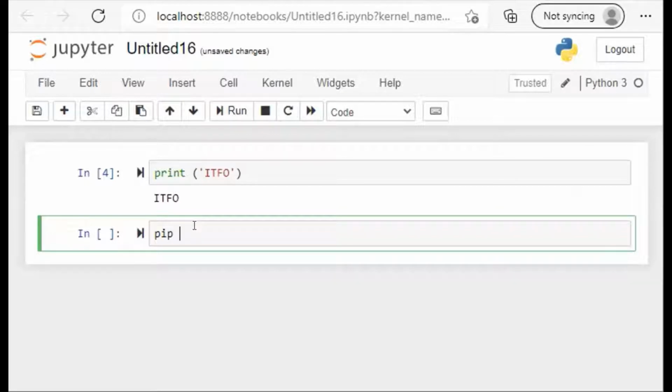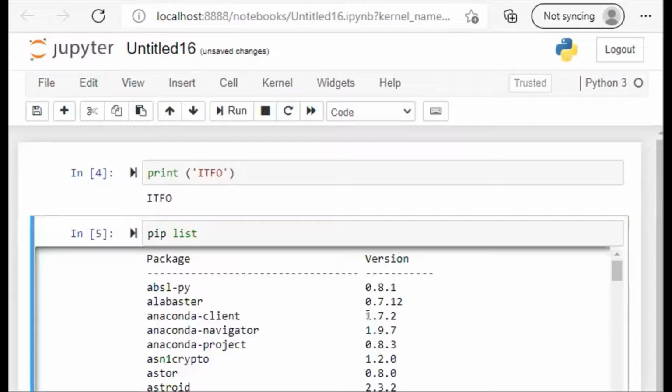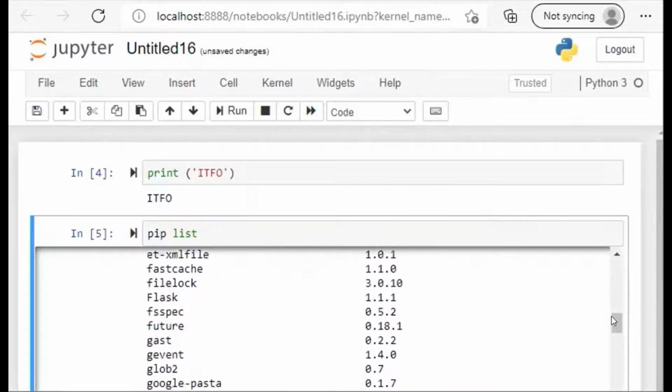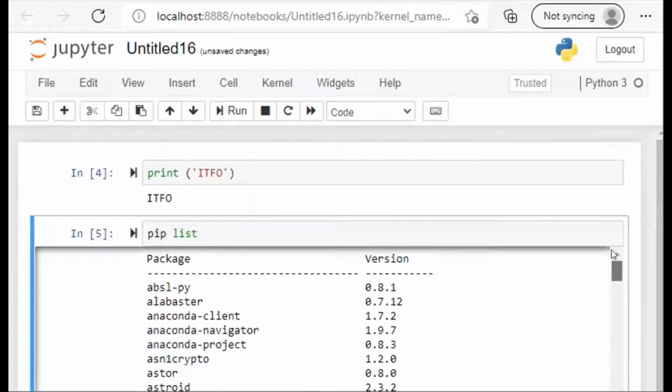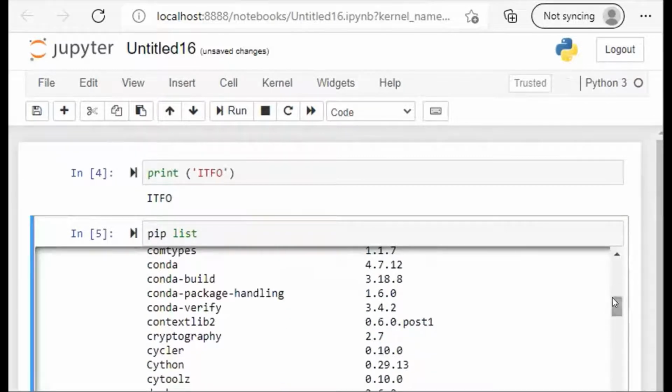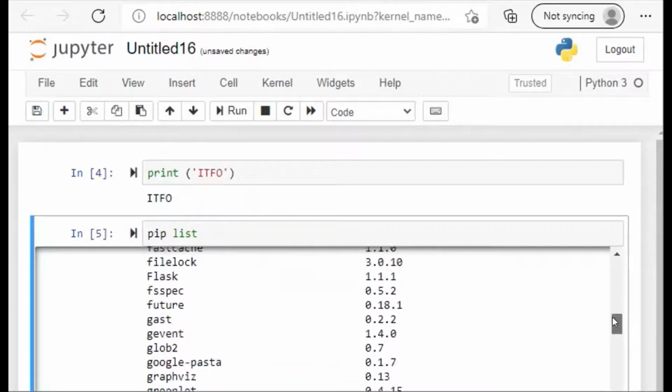So here we can use pip list. If we want the list of already installed libraries, press Control Enter. Then it shows us the list of already installed packages, with the package name and its corresponding version. So we can see that lots of packages and libraries are already installed on this.